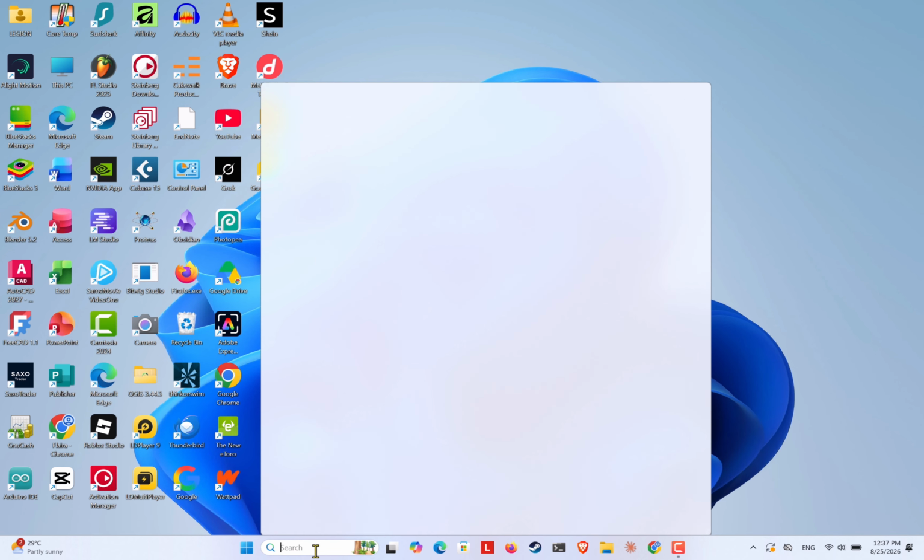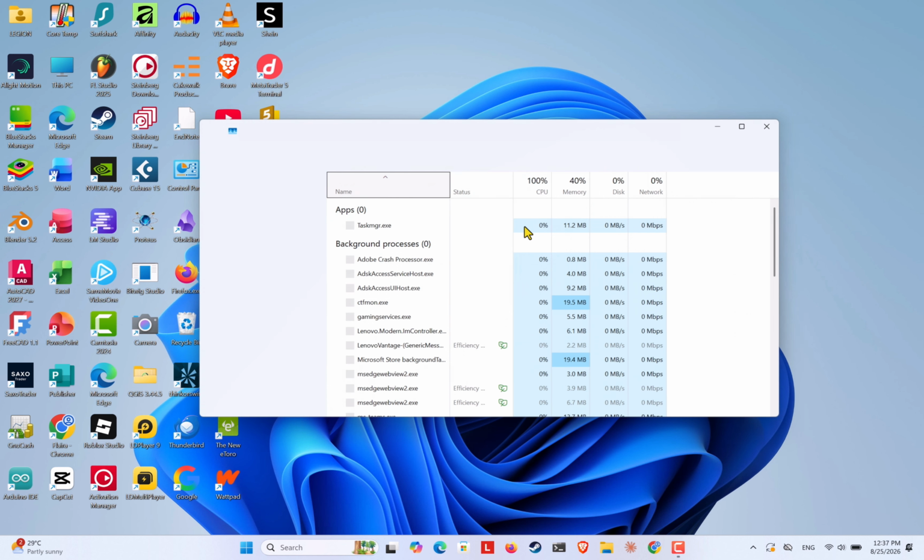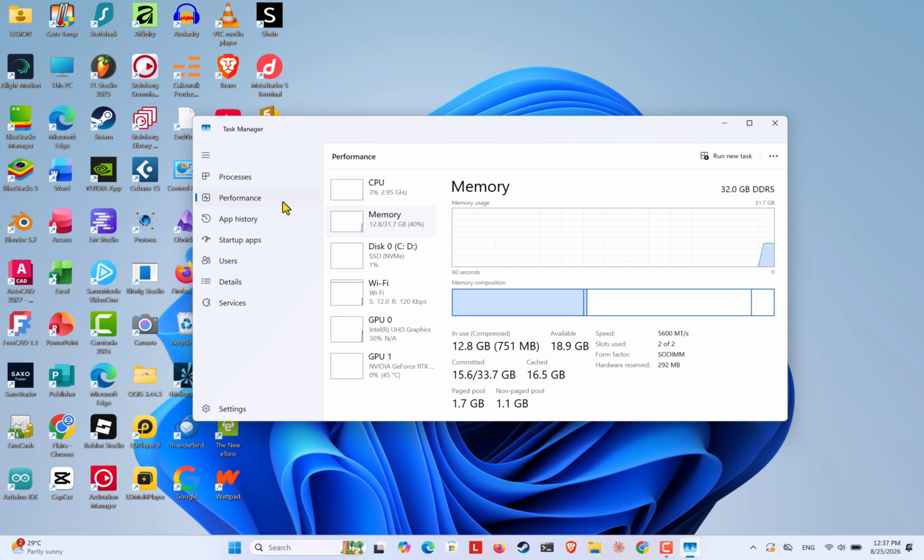First, open the Windows search bar and launch Task Manager. Select Performance from the left-hand menu, then click Memory. Here, you can check how much RAM is currently being used as cached memory. Keep in mind that Windows normally manages this memory automatically, but if you're experiencing performance issues, you can clear it